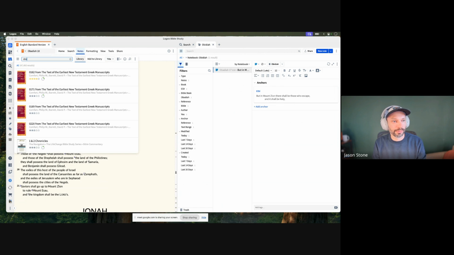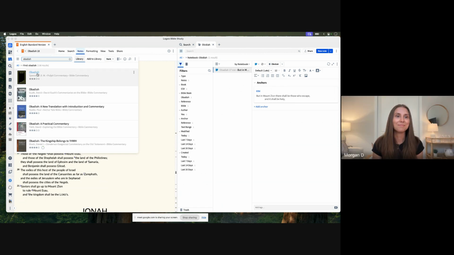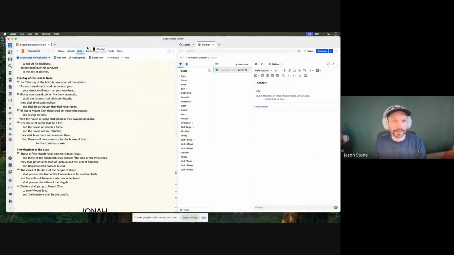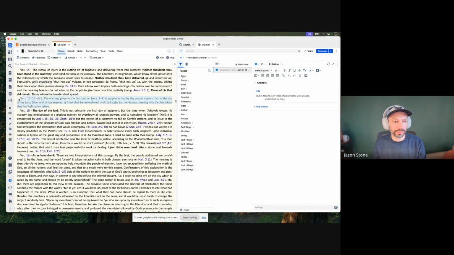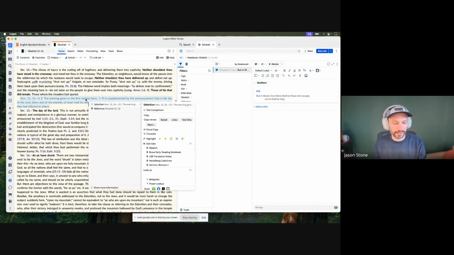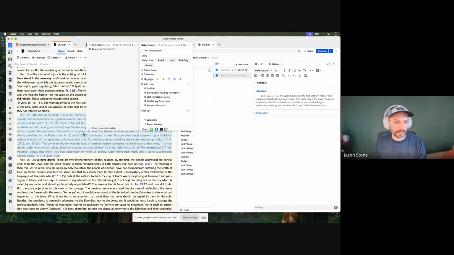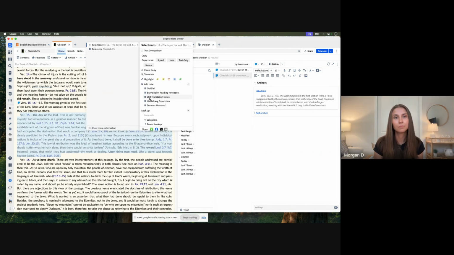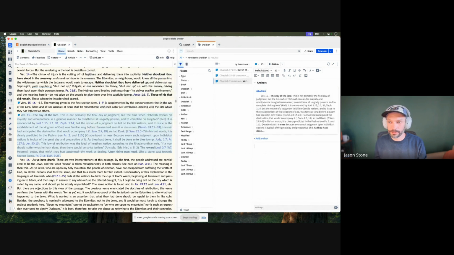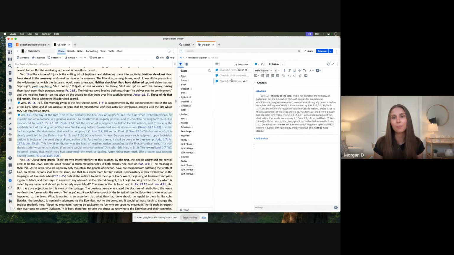If I'm just going to keep going with Obadiah, say we're doing a study in Obadiah, we're doing some research, and there's this whole quote that I want to pull. I want to right click on it right here. Instead of going down to the clippings section and adding to my Obadiah clipping, I could do the same with my notebook that I have here. And by doing so, it actually created a new note within my notebook. Okay. Oh, I have Obadiah spelled wrong. But is that helpful? Yep, that makes sense.